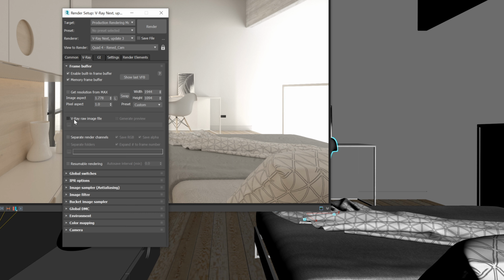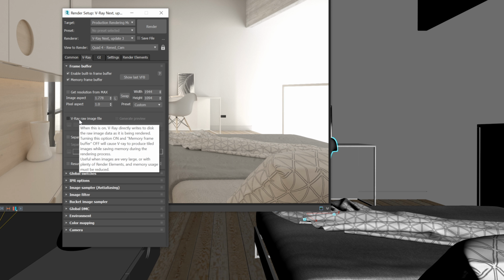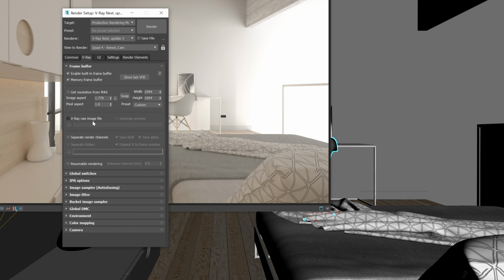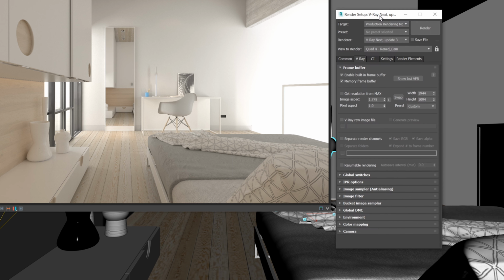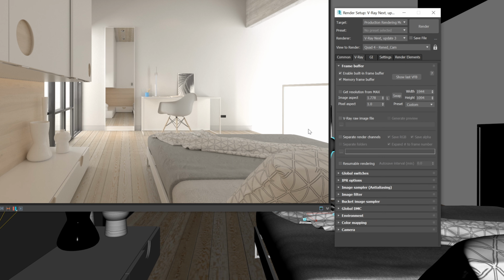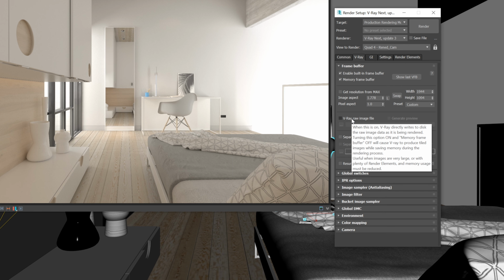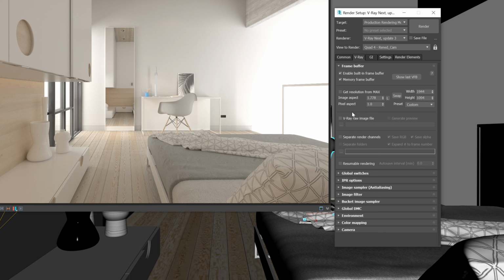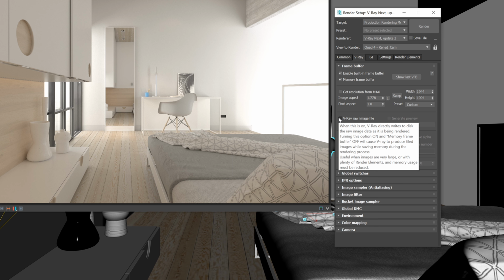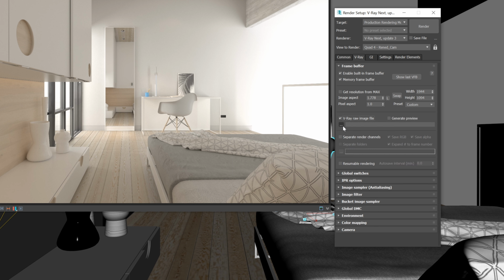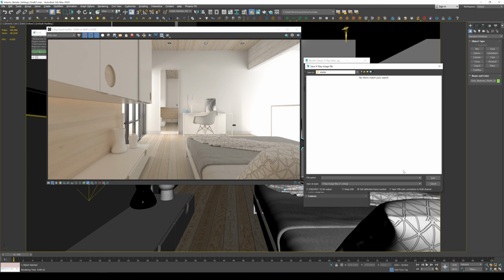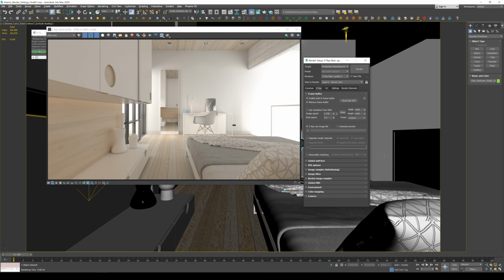Now the next one in here is VRay raw image file. Now this is very useful if you want to save your render as raw, so you can edit it later in Photoshop or Lightroom or whatever. Treat it as just any raw image that comes from a DSLR or any professional camera. You can select this one, you can choose here and select the folder that you want to save this to,